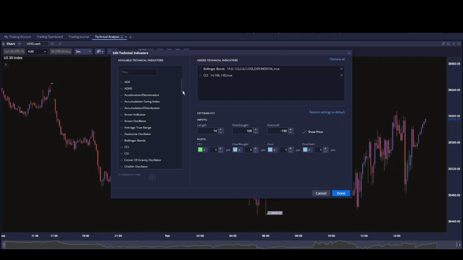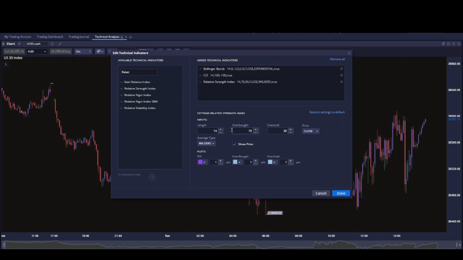Okay, scroll down, or you also have the option to simply search for the indicator you're looking for. I was looking for RSI, but you can't find it just by typing RSI. You have to type the full name, relative strength index, or just type the start of it and you'll be able to see it. Relative strength index,